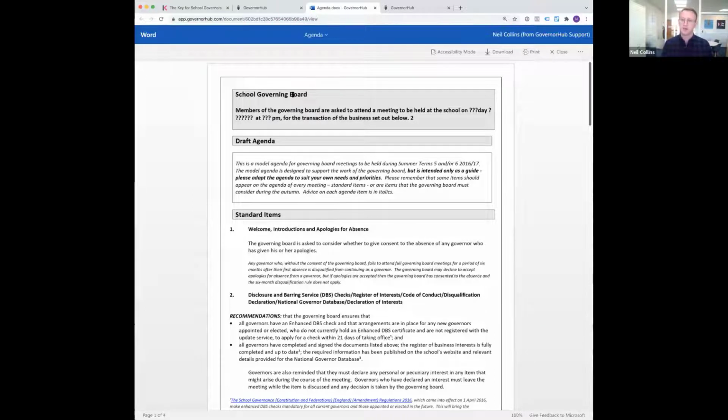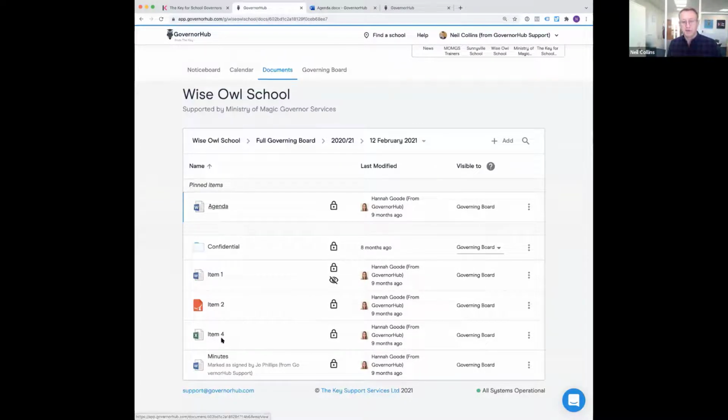But it's also useful if you're actually using GovernHub in the meeting and you're projecting maybe from a classroom computer onto an interactive whiteboard. You can just sign into that computer, log into GovernHub, and project directly onto there. You don't need any specific software installed. And we do that natively for a variety of different documents, all the Office ones, PDFs. It's got native support for PowerPoints if you want to use that. So it really cuts down on the number of documents that you need to print. That's the main thing for it.